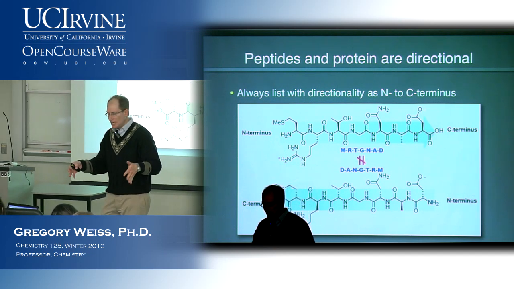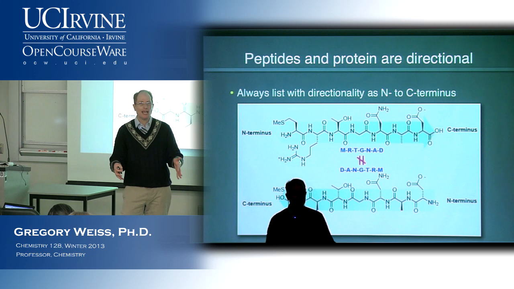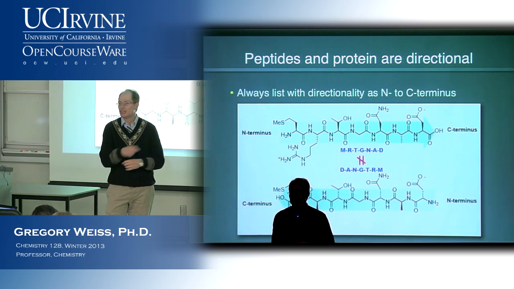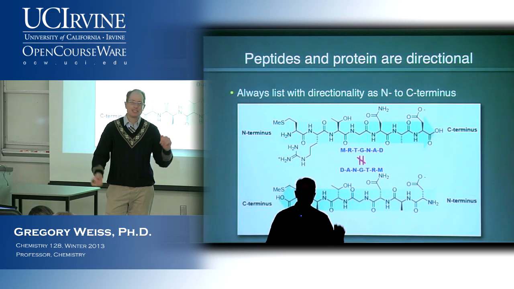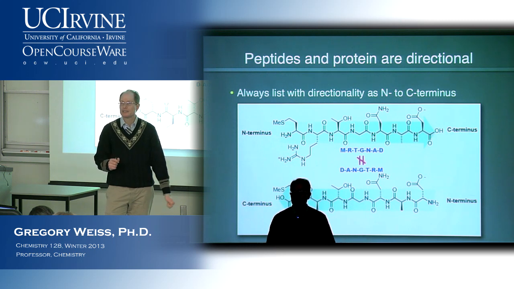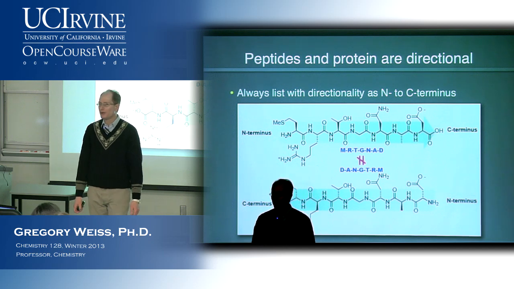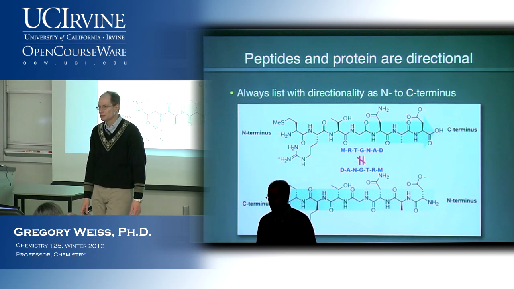Short peptides that have, say, 20 amino acids or less are typically largely disordered. When we put them in an NMR tube, we see all kinds of different conformations, and these things are just flying all over the place. If we make the protein longer, if we add amino acids on, oftentimes we can get to something that's more structured, especially if we're borrowing from sequences that are known to be structured.